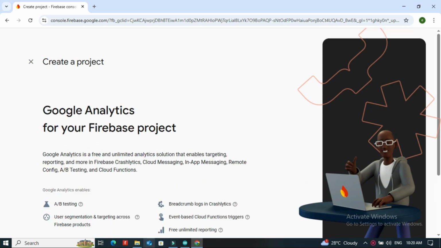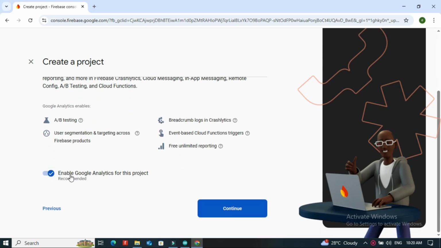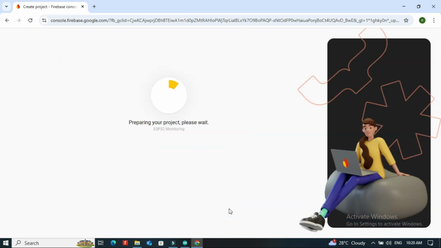Then again click the Continue button. Disable the Google Analytics and click Create Project. Now the project is created.